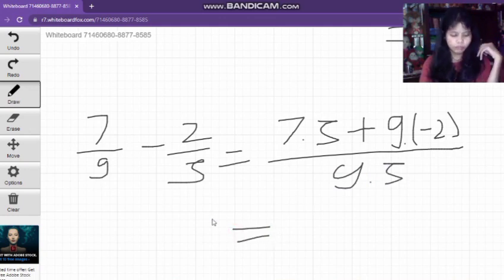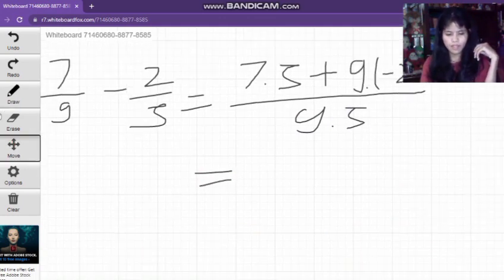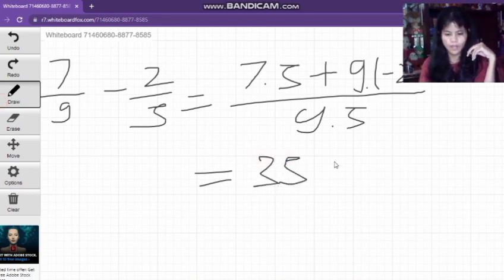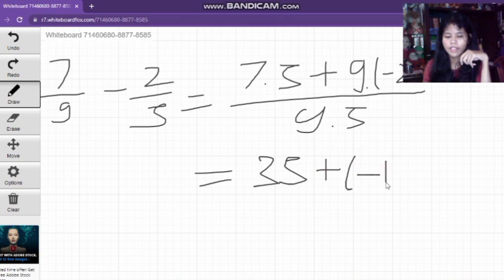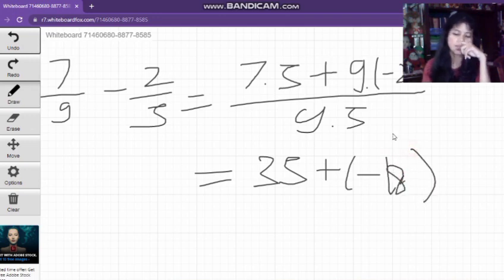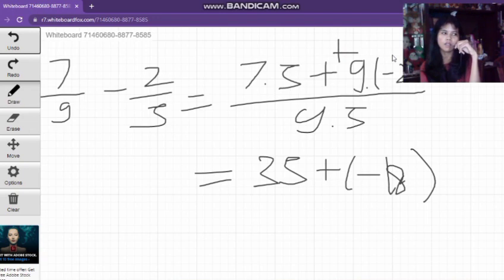So 7 multiplied by 5 equals 35, plus 9 multiplied by minus 2 is minus 18. Remember, in math, plus multiplied by minus is minus. Okay, so we continue over